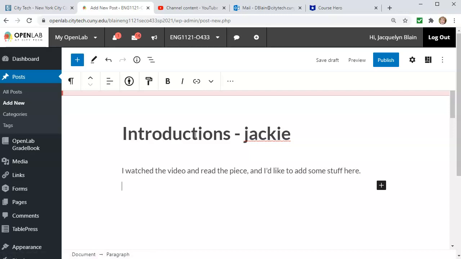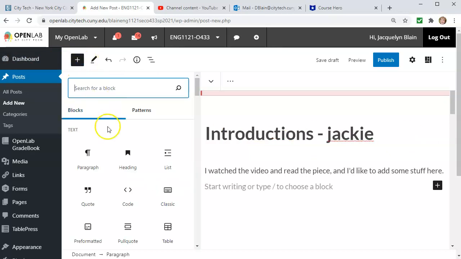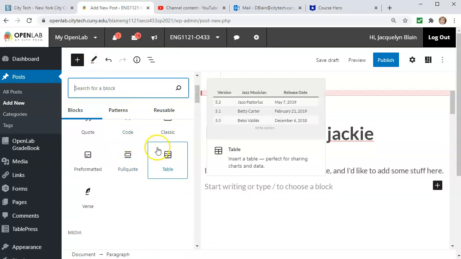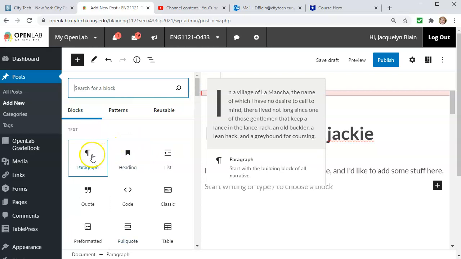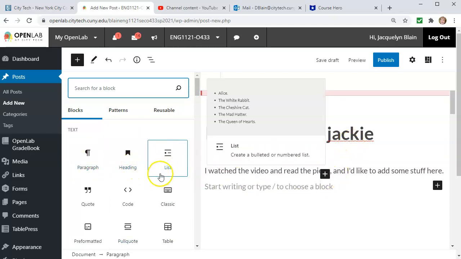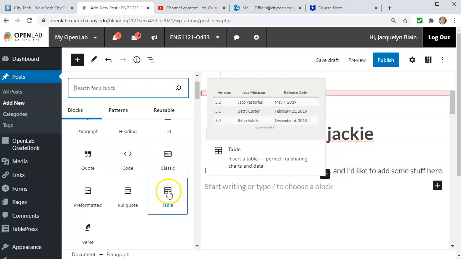Okay, so now how do you add a video? How do you add anything like that? Okay, this is where the big blue box with the plus comes in. You click on that and you get a whole bunch of choices, and they explain what they are. I'll give you some examples. You've got paragraph, which is what normal typing is. Heading, that's what this is. And then you can insert a table,